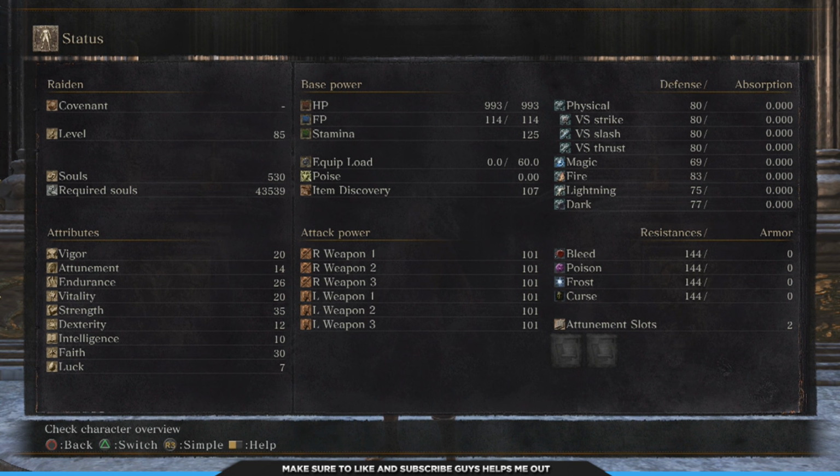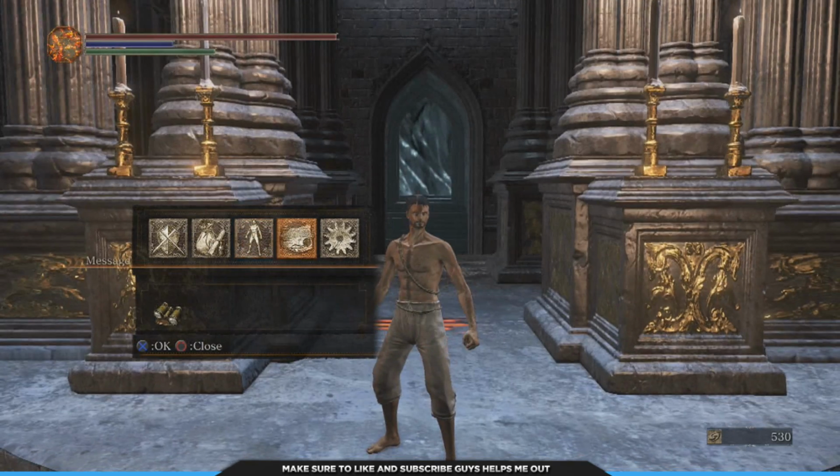Vitality, we need 20 Vitality so that we can carry everything, because Great Axes are heavy. And then Attunement, we need 2 slots for our one faith item. We need the 2 slots. And that is also the only reason why we're going into Faith. If we didn't use the one Faith item, then, well, the one Miracle, then we wouldn't be in Faith. We'd be a pure Strength build. But, going into this,